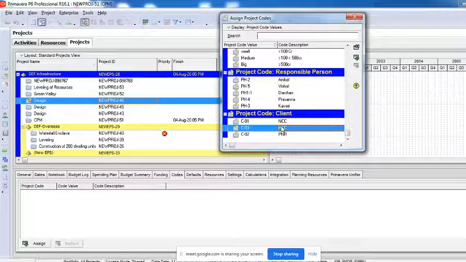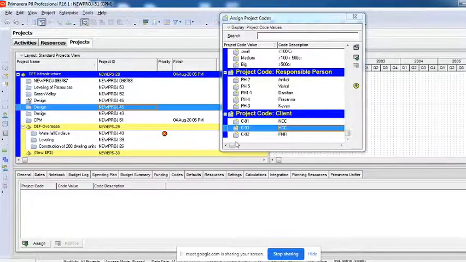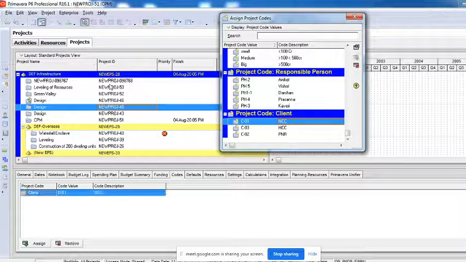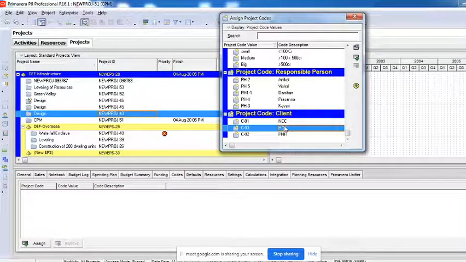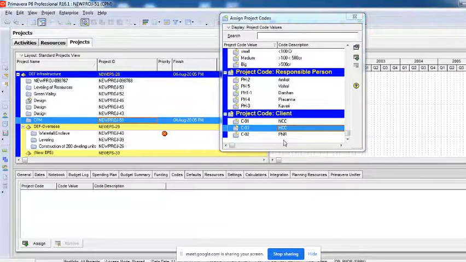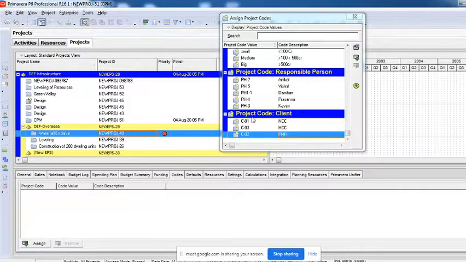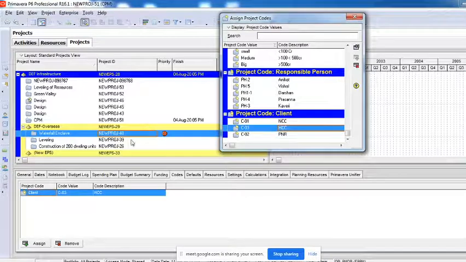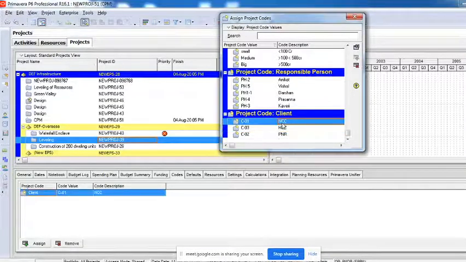Usually your company has around 70-80 projects ongoing at a particular time, and then you have 10-12 companies for which your company is working.